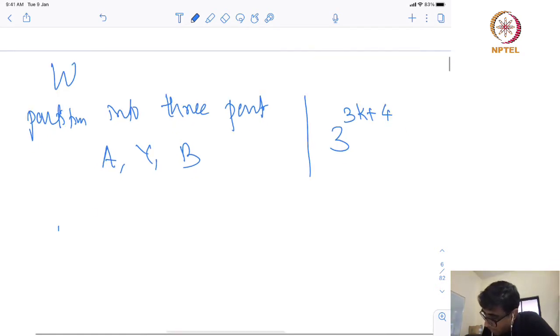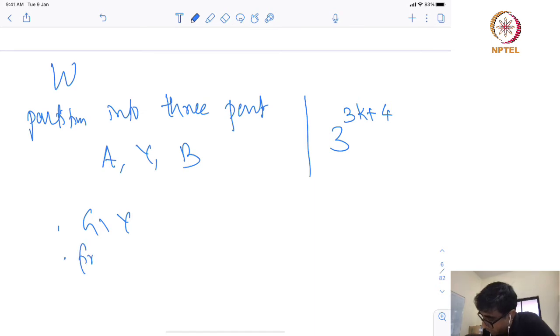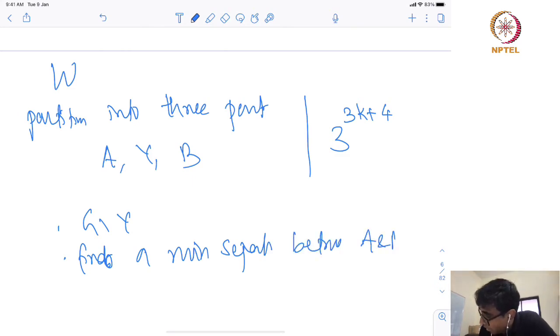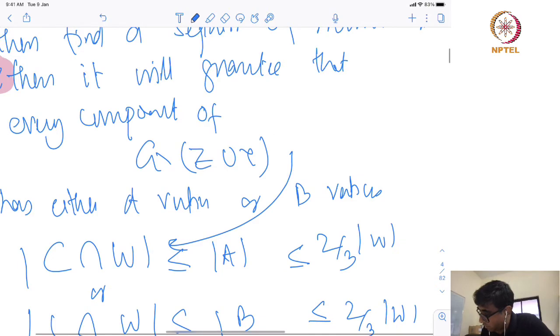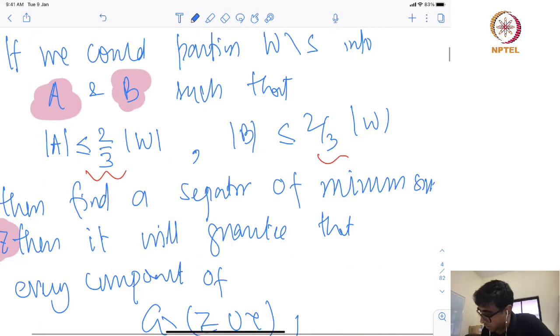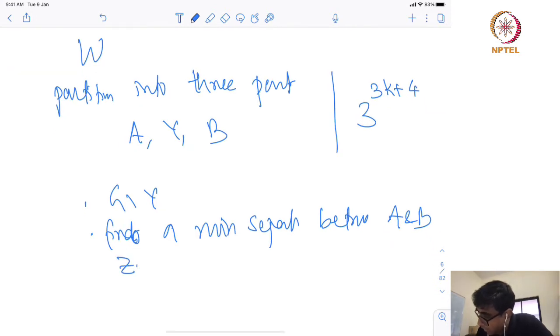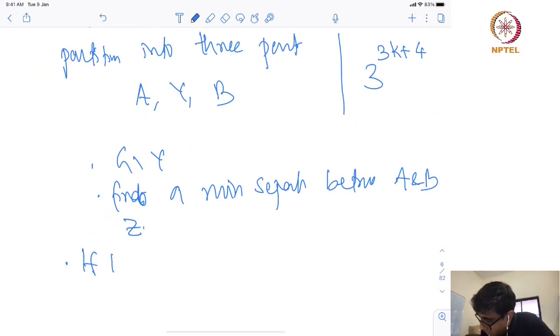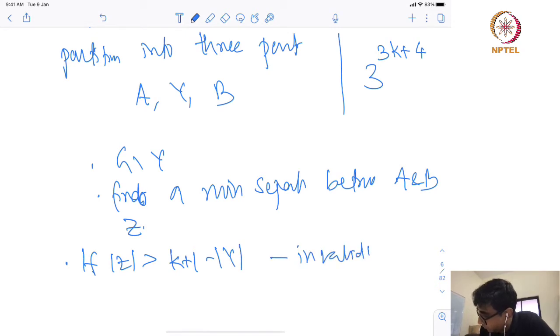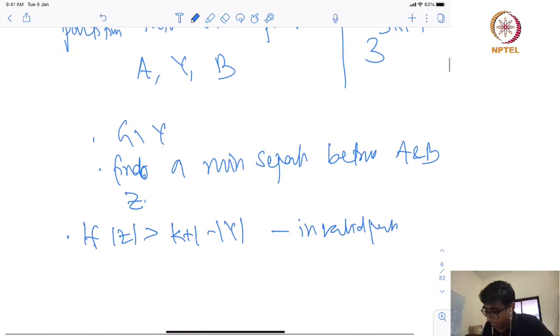And in G minus Y, what does it do? In G minus Y, it finds a min separator between A and B. And what did we call that? We call that Z, okay? Now, if cardinality of Z is greater than k plus 1 minus y, invalid partition, okay, and